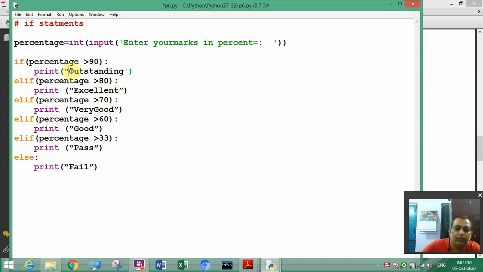Double quotes we have to give properly. If it is given properly it will change the color. So when you are typing or doing the programming, this type of work you have to do properly, then only it will be error free and you will get interest in doing the programming.